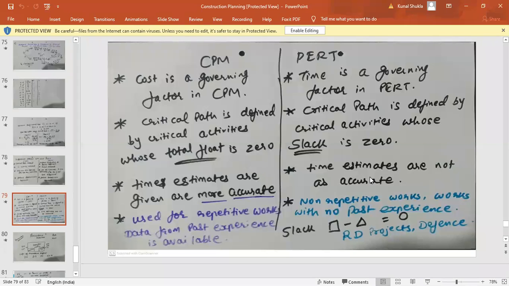So in these circumstances, you do not have particular data with you. Whenever you have data, it is very easy to comprehend it. But if you do not have the data, then it will be very difficult to finish the work within the fixed time period. So generally it is used for R&D projects and defense projects. These are generally the examples of the CPM and the PERT method.